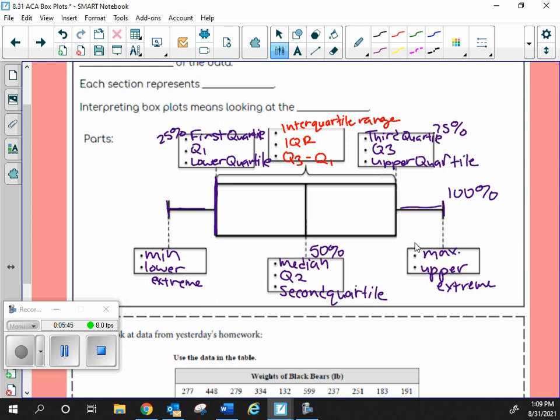Okay, so you'll notice today I did just have 4 boxes. I have a box right here, and then 2 whiskers coming off of it. And that box is split into 2. Since it's splitting it, that's my first quartile right here, my second quartile, third quartile, fourth quartile. Each piece is going to represent what percent? 25%. So if you want to go ahead and mark that, this whole piece is 25%, this whole piece is 25%, 25%, and 25%.